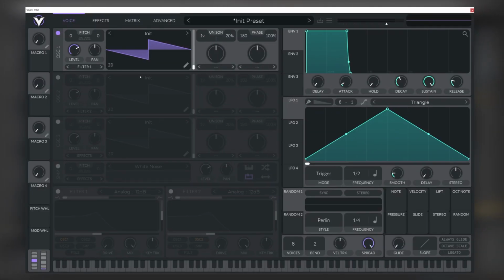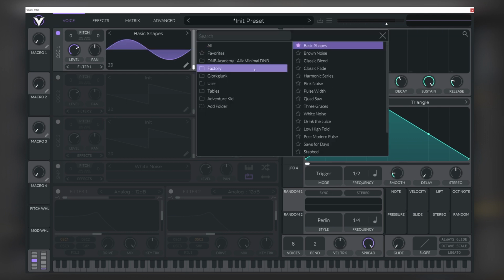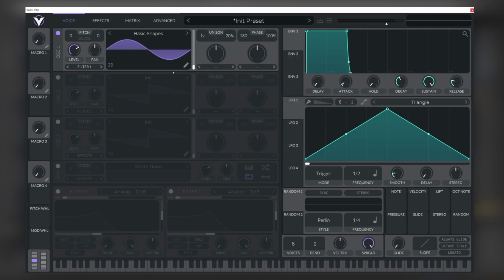Alright, so here I have an initialized patch, and the first thing we're going to do is to set a sine wave on oscillator 1. For that, we're going to select the basic shapes wavetable found in the factory folder, and now we can play our bass. We can add a bit of attack and just a tiny bit of release to avoid any possible clicks, like that. And next we're going to turn on oscillator 3,